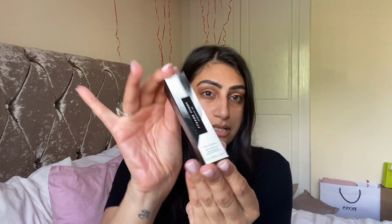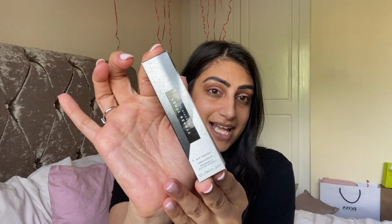So obviously, as you know, she came out with a new product, and it is the Fenty Beauty Bright Fix Eye Brightener. Yes, so I'm going to be trying this today. Now, I didn't get sent this, I had to buy it myself, so I didn't want to buy multiple shades